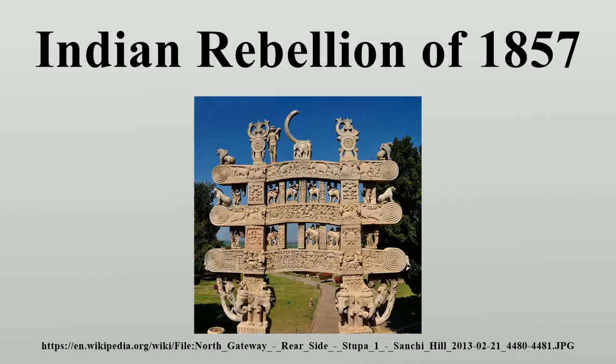The Indian Rebellion of 1857 refers to a rebellion in India against the rule of the British East India Company, that ran from May 1857 to June 1858. The rebellion began as a mutiny of sepoys of the East India Company's army on 10 May 1857, in the